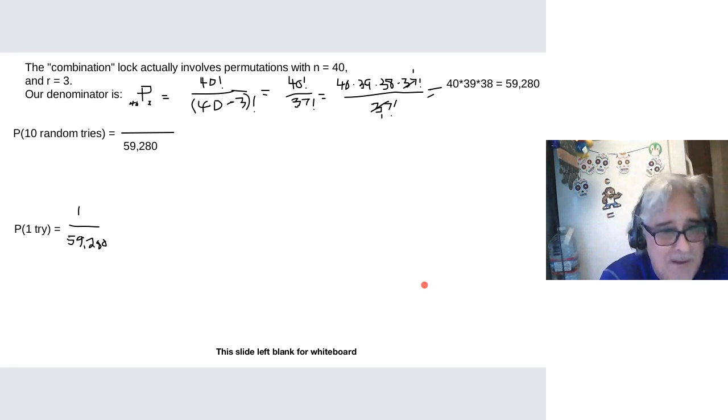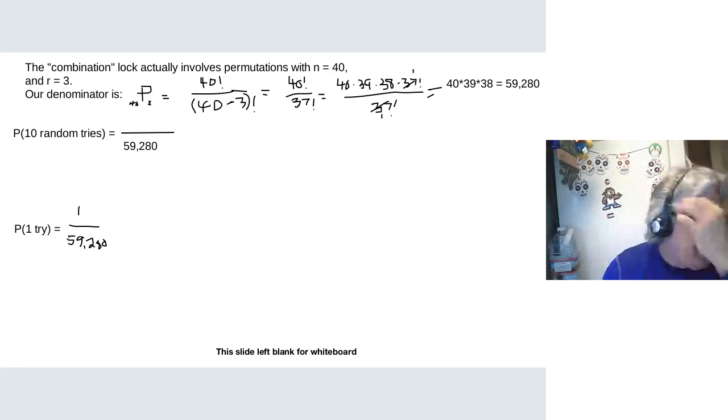Possible. Okay, so if you had, in theory, that many people, you'd have to start repeating them after a while. After 59,280 are used, you're going to have to repeat them. Now, the one try is 1 over 59,280. So if we wanted to do it 10 times,